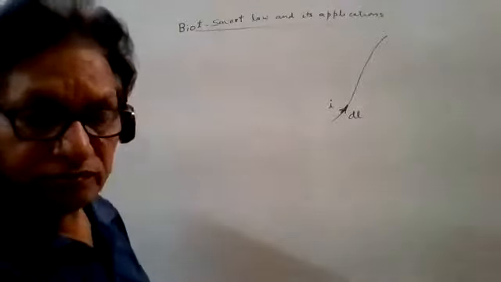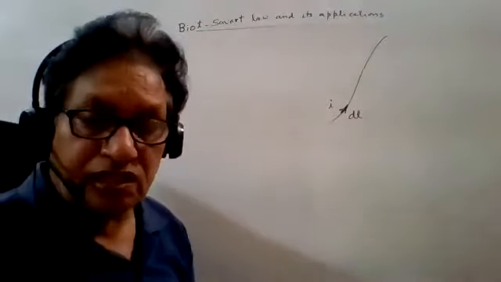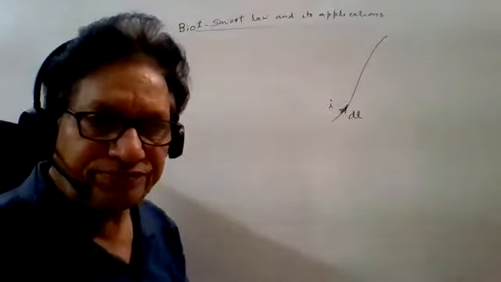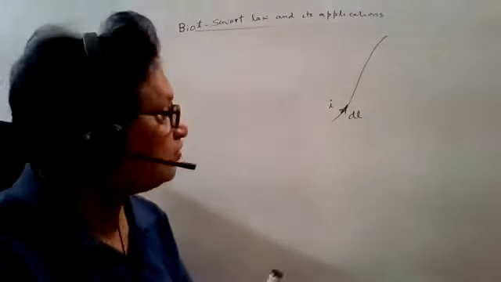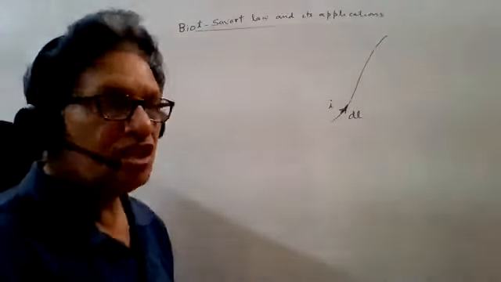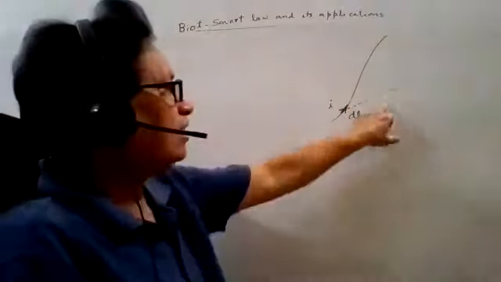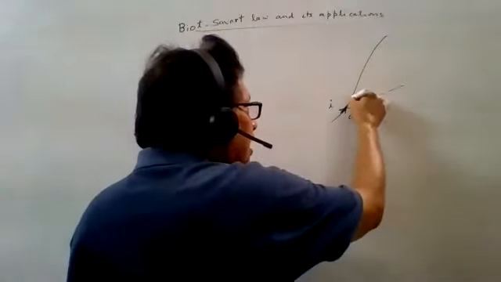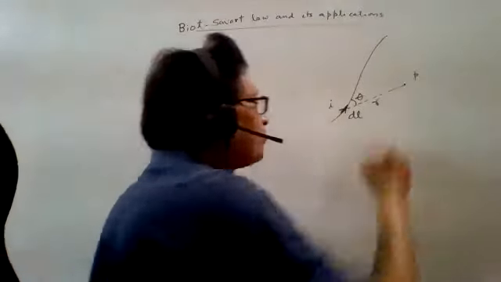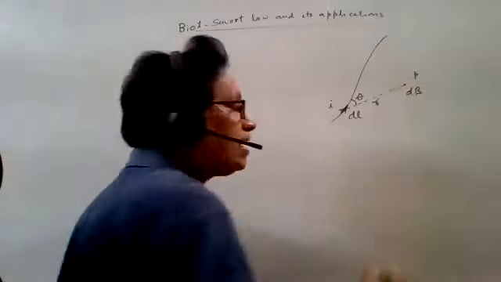Due to this current, we know current produces a magnetic field, and we are interested here to find out the magnetic field produced by this current element, and by integration we can find out the net magnetic field. So here by our law, let us say at a distance of r, at an angle of theta, suppose there is a point P here, where the magnetic field due to this current element is small dB.